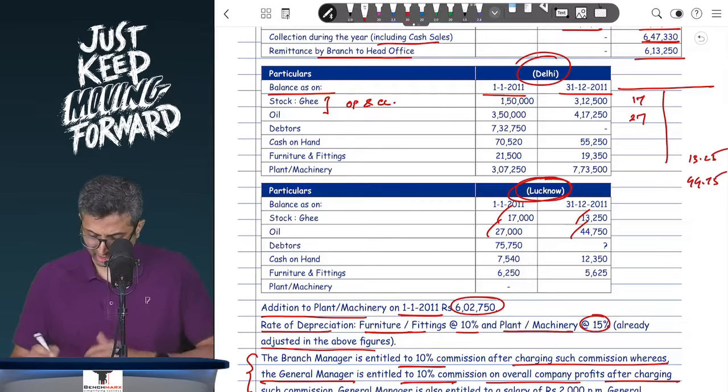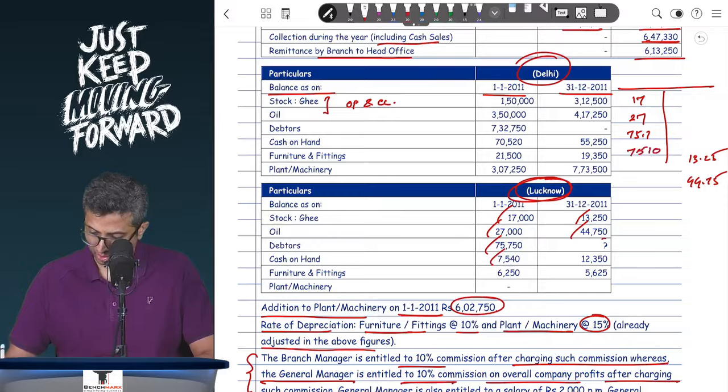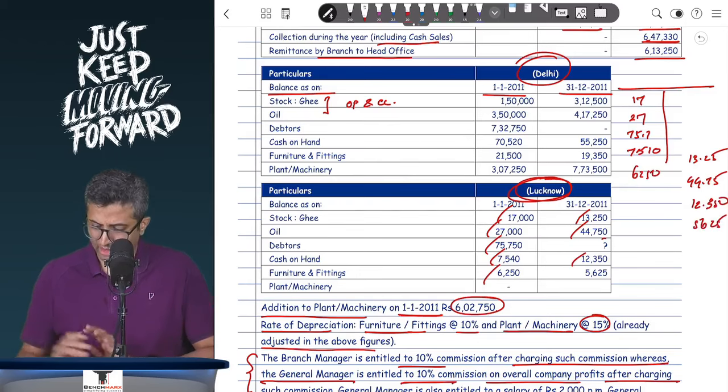Now other than that, you also have debtors 75,750. Closing you don't know, we'll have to find. Cash on hand 7570 and furniture 6250. So these are all opening balances. Similarly 12,350, similarly 5625. Now the only thing you have to figure out is the debtors over here, and other than